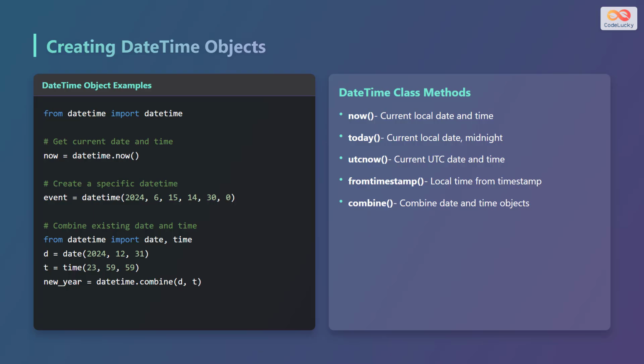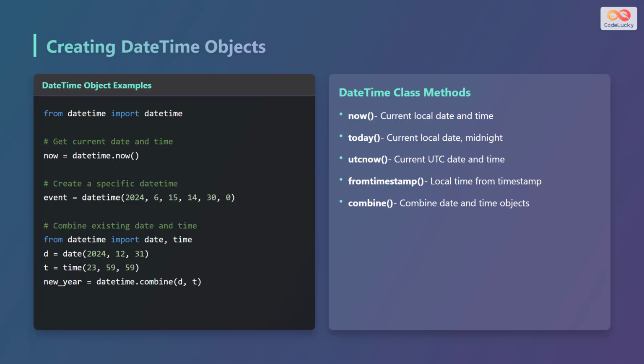To combine existing date and time objects, you can use the DateTime.combine function. For example, if you have a date object D representing December 31, 2024 and a time object T representing 23:59:59, you can combine them using DateTime.combine(D, T) to create a DateTime object representing New Year's Eve at 1 second